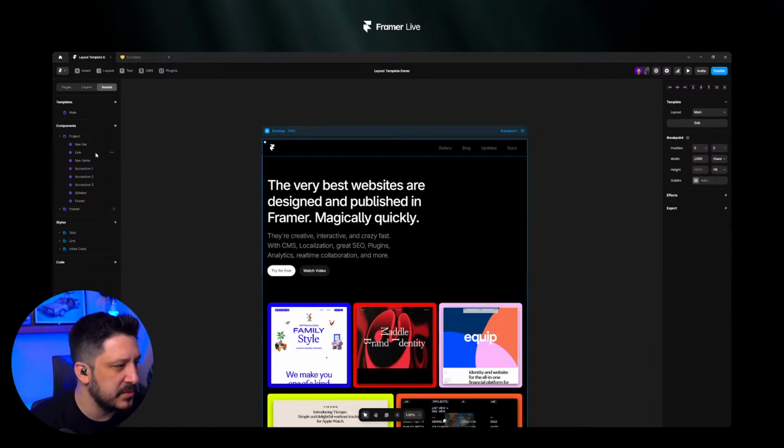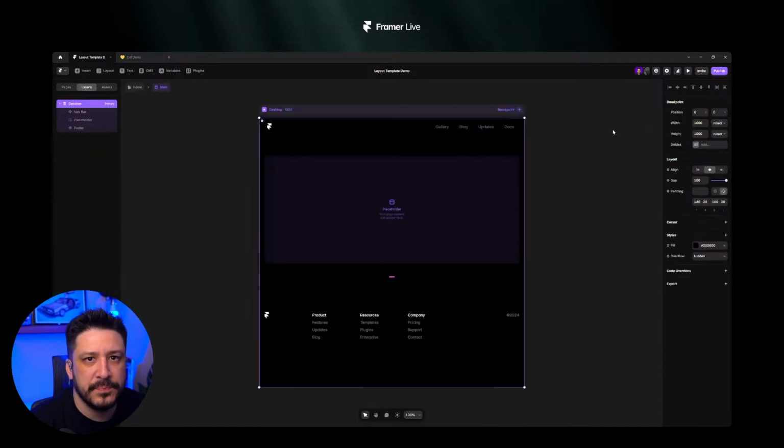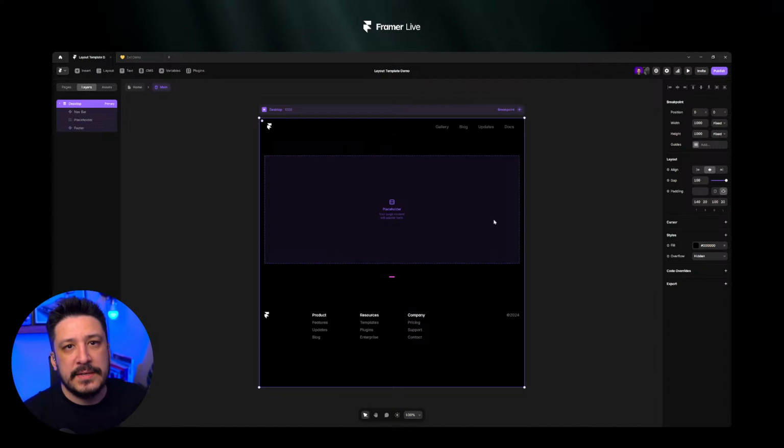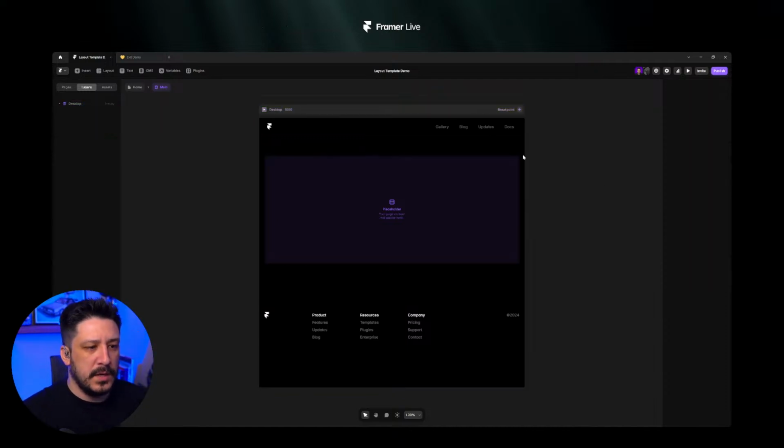But another thing I can do here, let's go back into it. The first layout template you create should get applied to all pages by default. Yes, exactly. Exactly what Joseph's saying. Okay, so